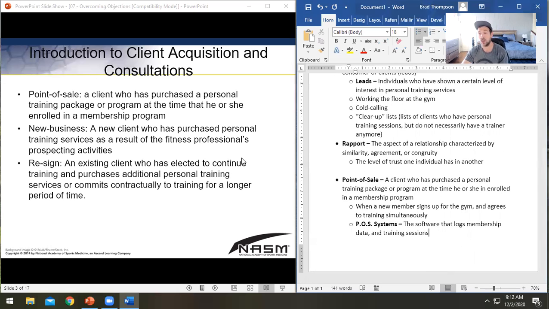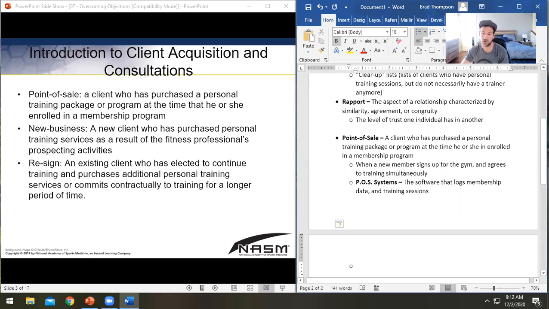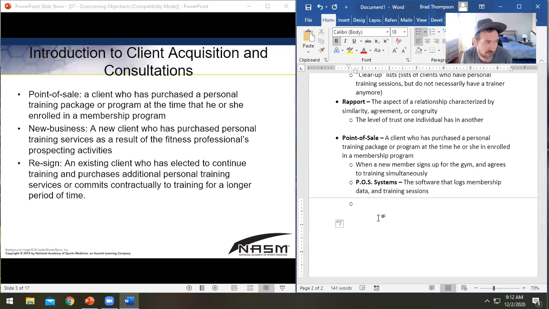Then there's a couple terms here. When it comes to POS, this is what your boss is going to evaluate you on sometimes. They are going to look at how often you have new business, and they're also going to look at how often you have re-signs. I think I told you guys, I can't remember when, I had a conversation with my boss once because I generally have a lot of re-signs. Once my clients start training with me, my schedule usually fills up, and those are my clients. Obviously some people come and go, but for the most part, they get very established and they enjoy their training and keep signing up.